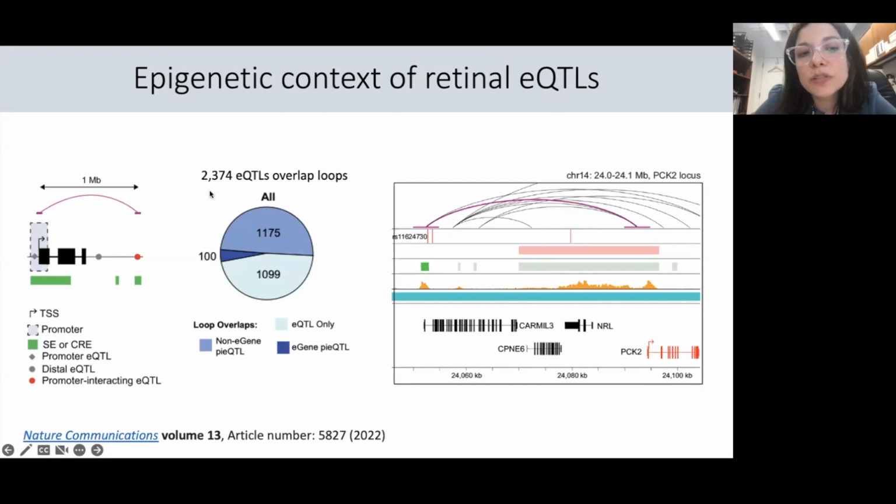So we found that over 2,000 eQTLs overlap with chromatin loops, and over half of them make contacts with promoters of genes, and 100 of them make contact with the gene that is predicted to be regulated by these eQTLs. An example of this is this SNP in the PCK2 locus that forms a long-range interaction with PCK2. So this suggests that the relationship between this genetic variation far away from PCK2 and the expression of PCK2 is